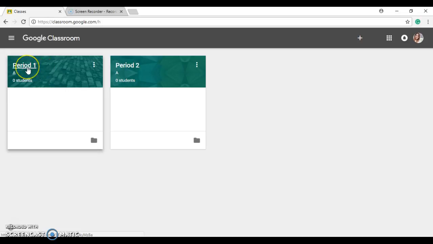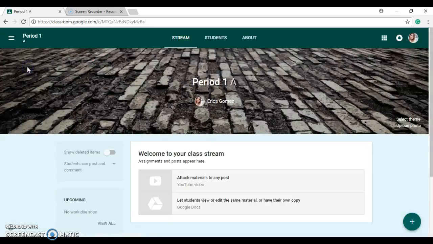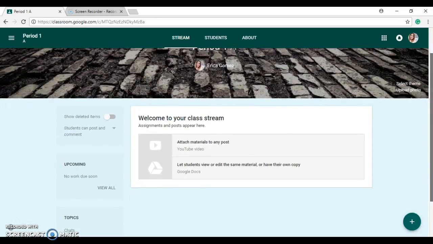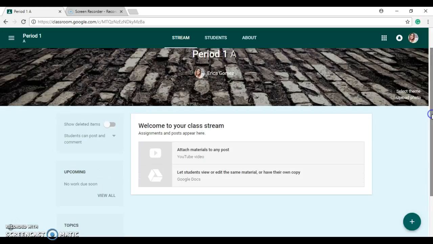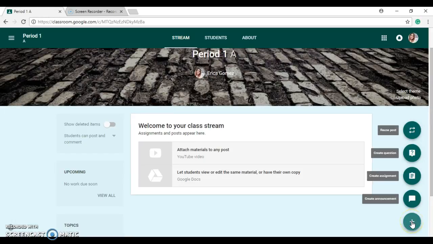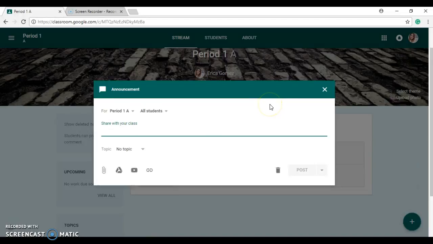So the first thing is go ahead and click on a class period that you want to add your announcement to. As you can see, my screen is pretty blank, that's because we're taking you through these trainings and showing you how to add different content to your Google Classroom. To add an announcement, at the bottom right hand corner there's going to be a plus sign, and when you hover over it, you're going to have a couple of options that pop up. Today we're going to click on create an announcement,